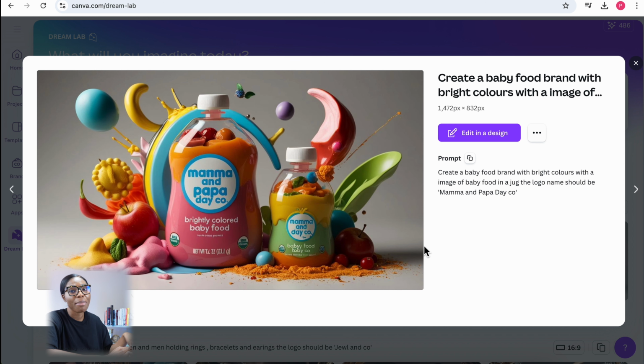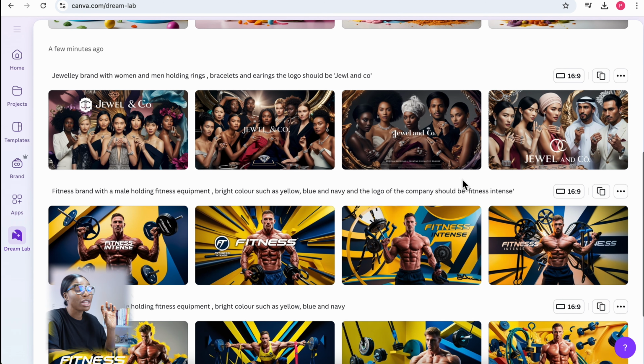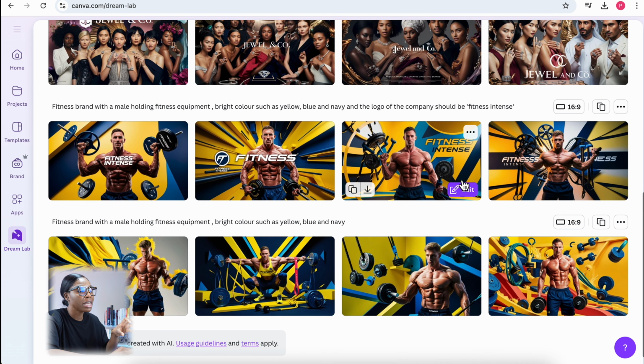The DreamLab that has been created by Canva is absolutely powerful. I've created a jewelry brand and I've created a fitness brand in less than 5 minutes. These are 3 different brands, 3 different companies, 3 different motives, 3 different audiences. But I'm going to show you how I use Canva to basically create AI generated images with no images of